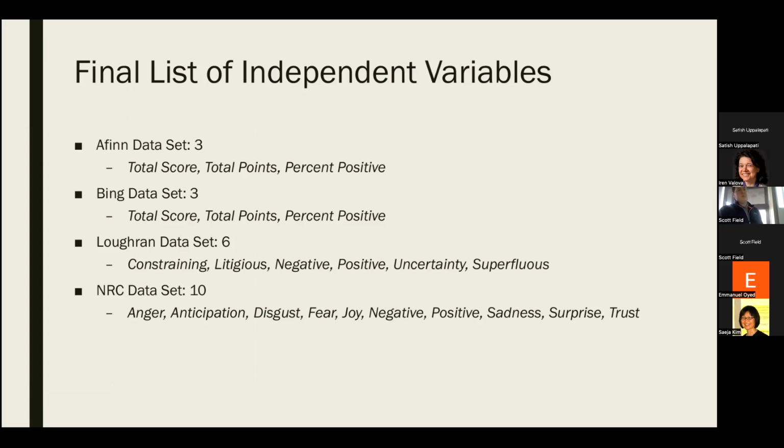Total points is how many points were rewarded to a data set, and that includes positive and negative points. So it's actually the absolute value of the value times n, the total sum. And percent positive, that is what percentage of the points were positive points. It may sound redundant, but what I mean by that is two data frames could have the same score of 50, but have completely different positive and negative points. One could have 50 positive points and 0 negative. Another could have 1,000 positive and 950 negative, but they would still look the same in the total score.